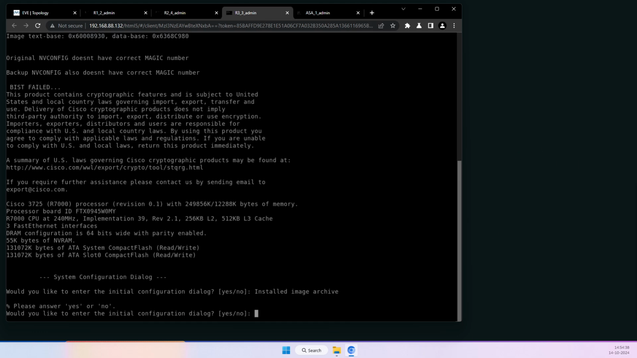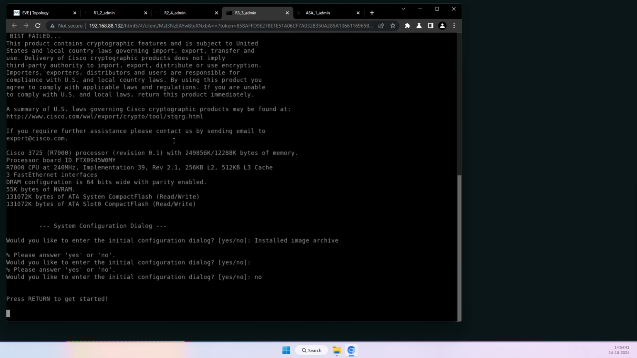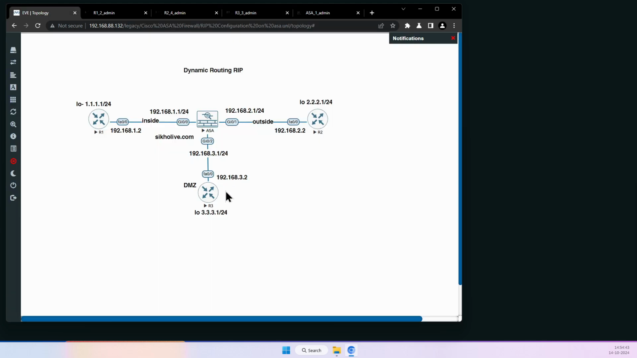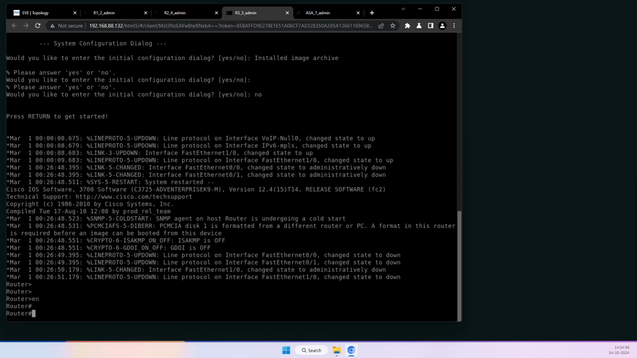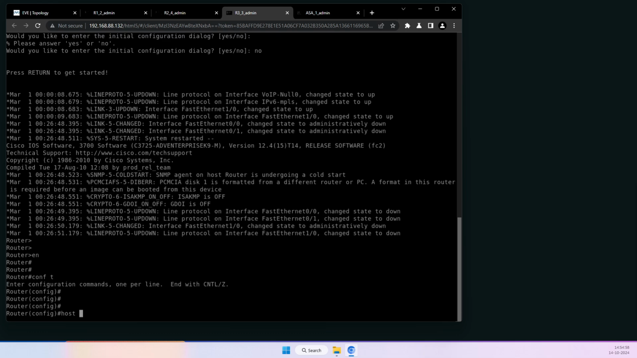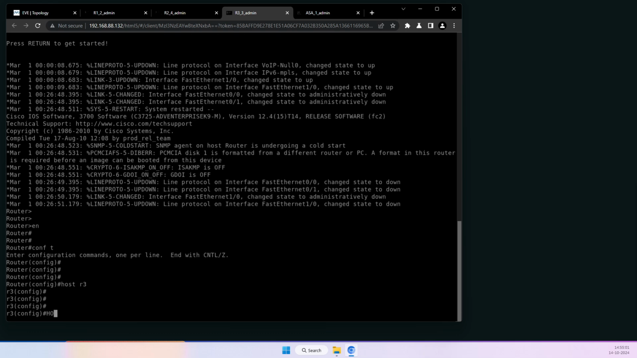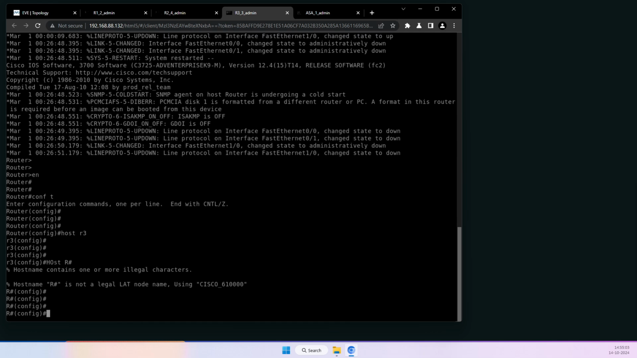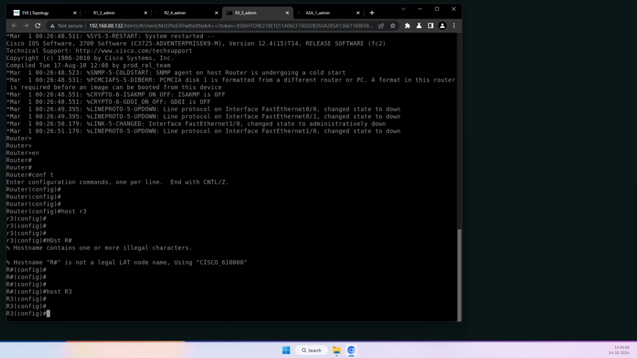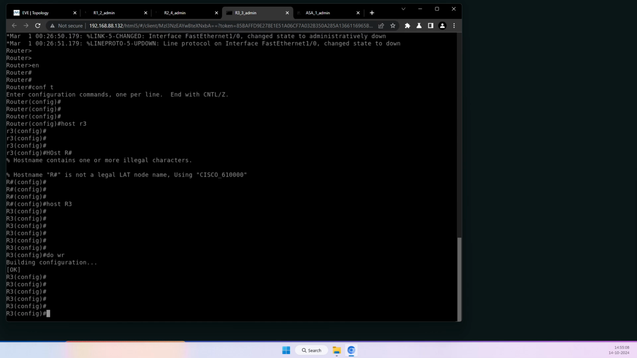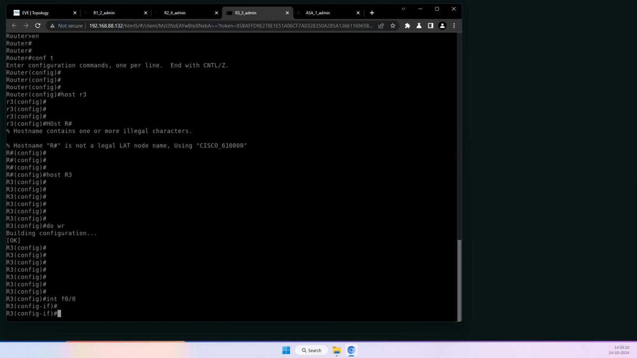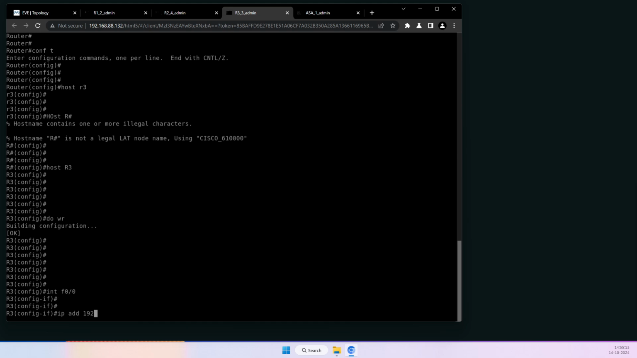Then next, you can start configuration for R3, and as per diagram R3 is the DMZ, our web server, and the FA0/0 IP address is 3.2 and loopback address is 3.3.3.1. So as per diagram you can configure. For this router I'm going to configure the host name R3, in caps letters, then do write to save the configuration, then type interface FA0/0, and the IP address for this interface is